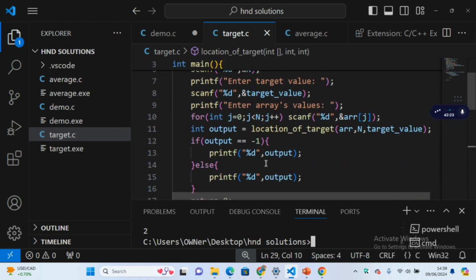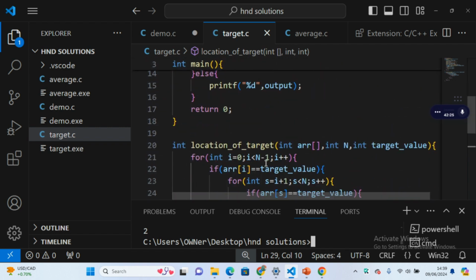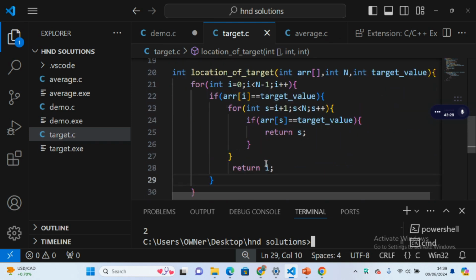So let's look again at that program. We'll modify this function so that it should work in all cases. So to do that, I'm going to come back here